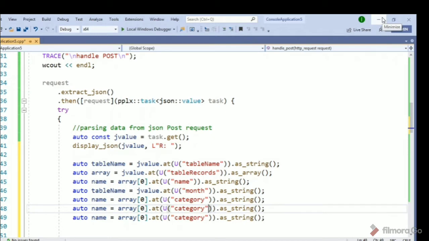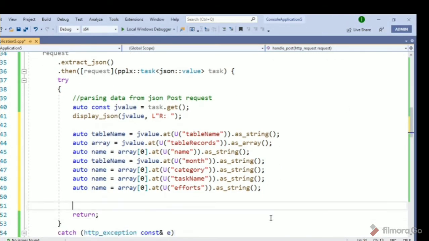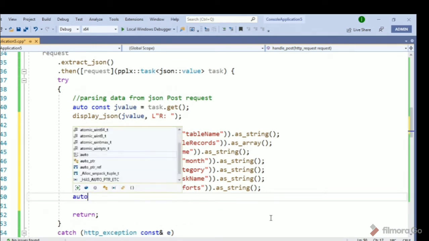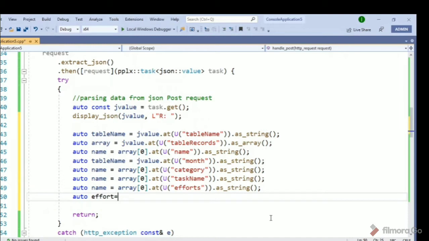So I will use category name, month, then I have to use task name here. Now here I will use efforts as well. There is an efforts field, but this is a string, so it's better to convert it into an integer. Here is a mistake, we have to use some variable according to the